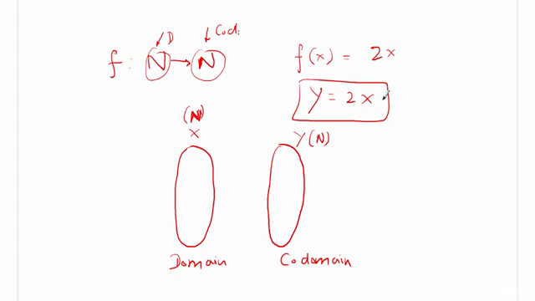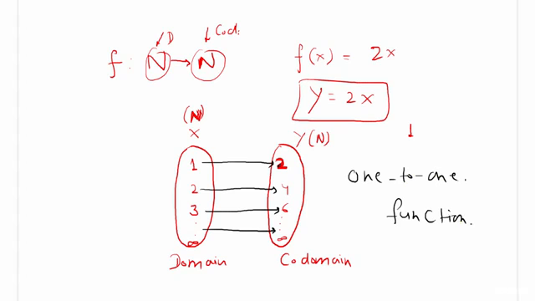Alright, so we mark this. Now, whatever x you give, suppose I give x = 1, then y will have value 2. If I give x = 2, y will have 2 times 2, which is 4, and if I give x = 3, y will have 6, and so on till infinity, because natural numbers can go till infinity. So you can see that every element of y will be mapped to just one and only one element of set X, like this. It will never be possible that you get y = 2 for two different values of x, right? It will not be possible. So this is a one-to-one function.